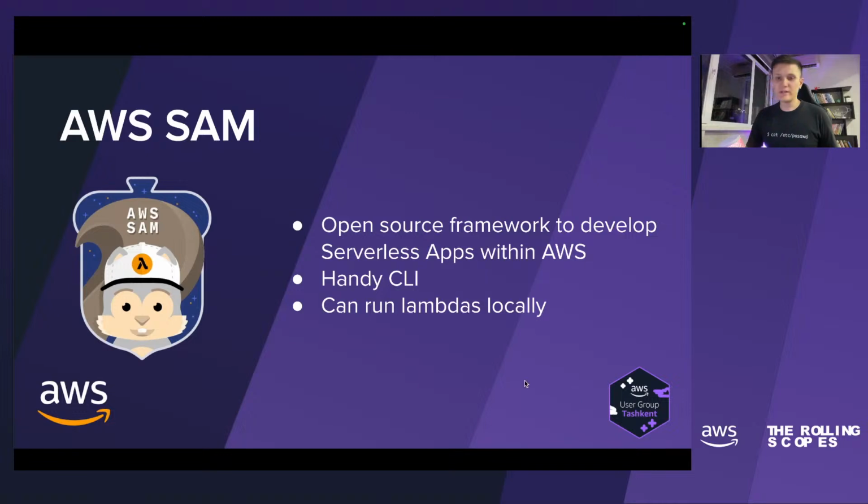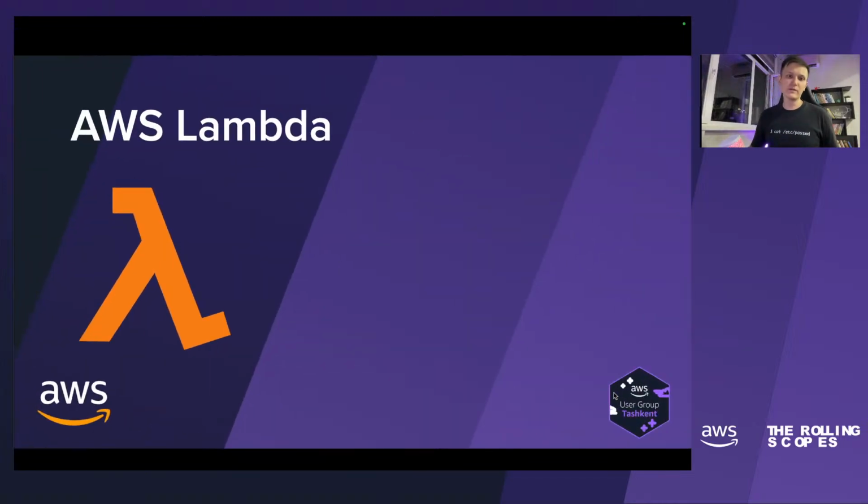Okay, no questions yet, and let's move to the next service, which is AWS Lambda. If you ask me what my favorite AWS service is, I would answer Lambda, because Lambda is a brilliant thing. It is a serverless computing service which allows you to just put some code inside it and then run it, and that's it. It is very, very simple.